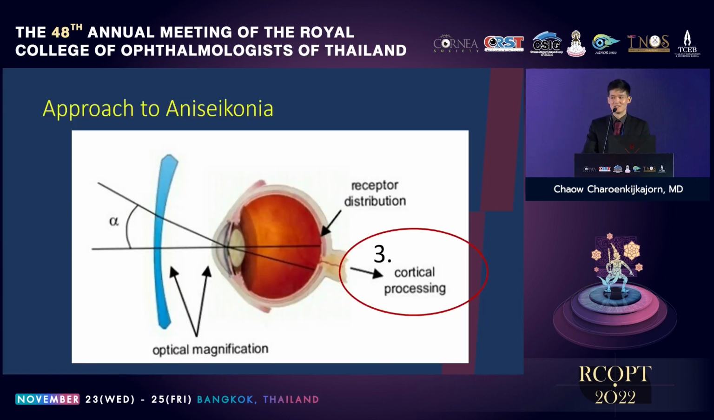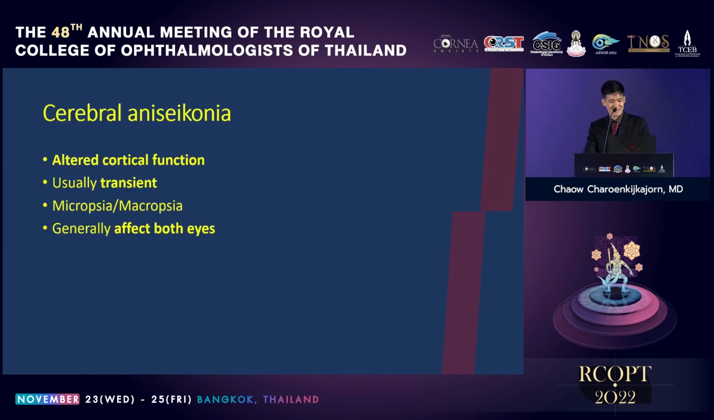And the last one is the problem with the brain, which is really rare. I am neuro-ophthalmology trained, and I haven't seen any cerebral aniseikonia before, to be honest. Because cerebral, usually when the patient has a brain problem, they experience aniseikonia because of the cortical function abnormality with the brain. And you can probably differentiate that from the other two causes because most of the time